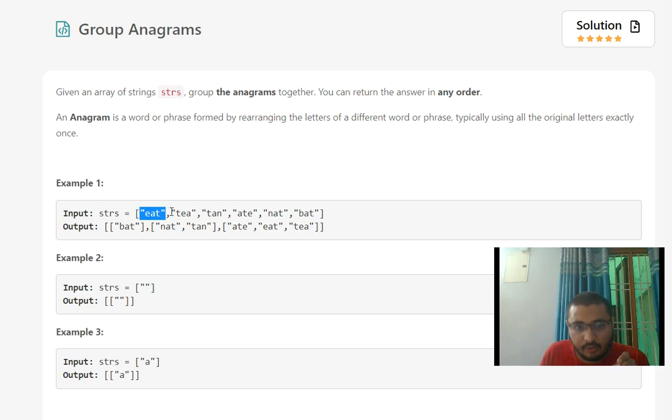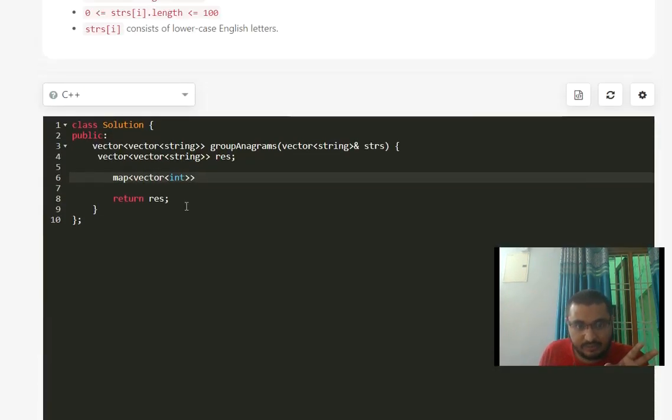By this we will see that the hash table will be the same for all anagrams. For EAT, TEA, ATE, the hash tables will be identical, because the letters and the frequency of each letter will be the same in the anagrams. So when one string is an anagram of another string, the hash tables of those anagrams will be the same, because they contain an equal number of each letter. So our map has a key as a vector of integers, and the value will be a vector of strings, in which we will add the anagrams which will be grouped together.